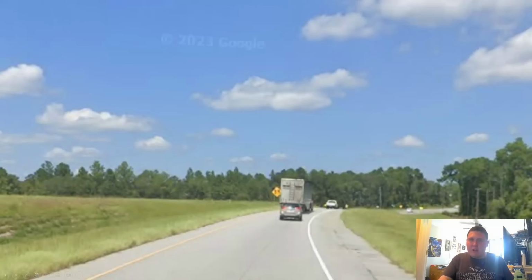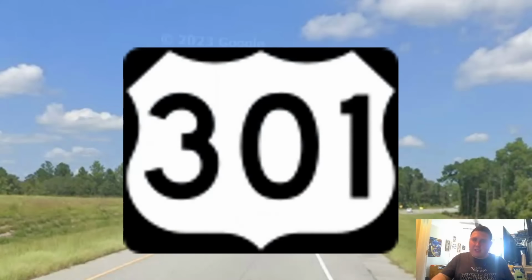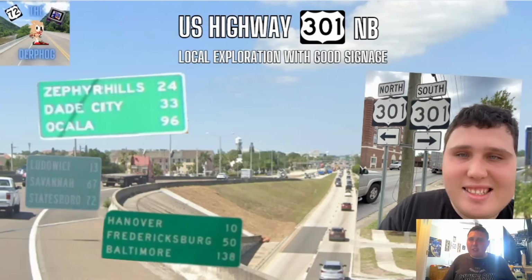We're going to be taking a cool local and scenic trip along US 301. Come on, let's go! Alright everyone, today we're going to be doing US Highway 301 northbound. US 301 is the longest child of US Highway 1 at 1,099 miles. It runs from Florida all the way up to Delaware, and along its route, it actually has some pretty good